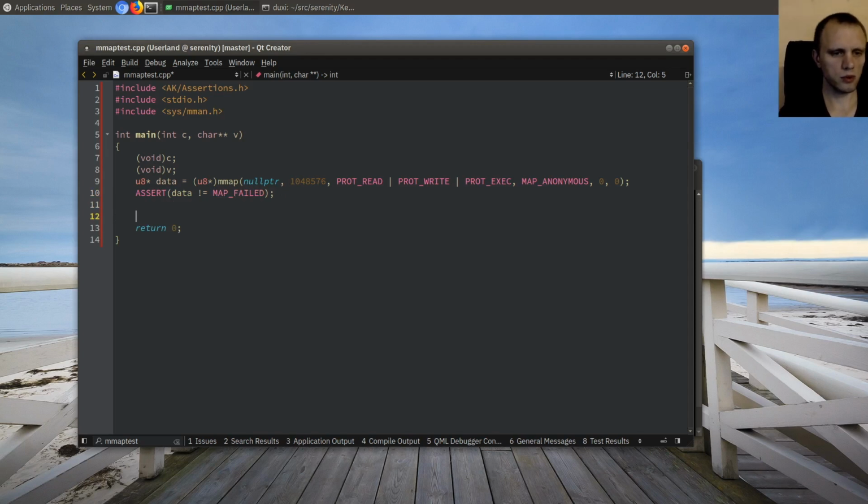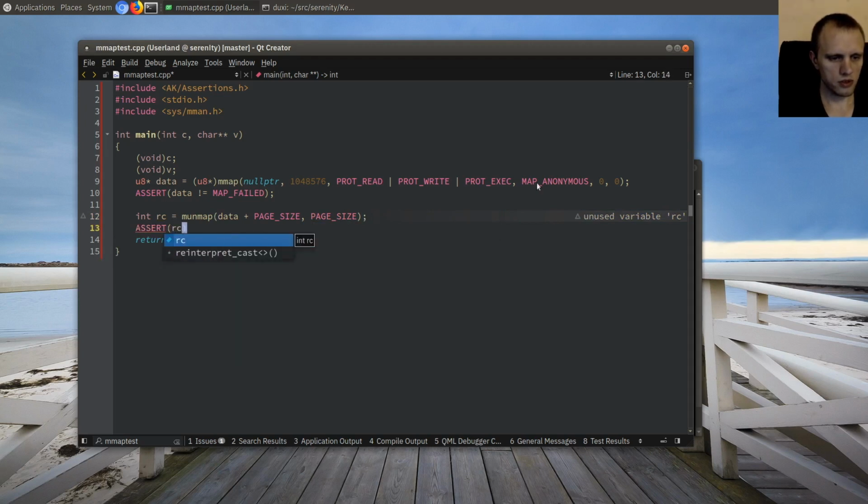And then what we want to do is cut a hole in this guy. So we'll do int rc is munmap, data plus, let's cut the hole 1 page into it. Why not? Actually, we can type page size, and we'll cut a 1-page hole there. Right, so then we should get rc is 0, and then